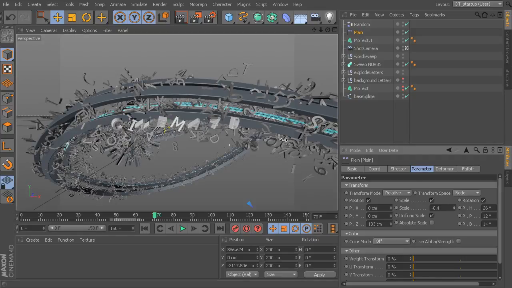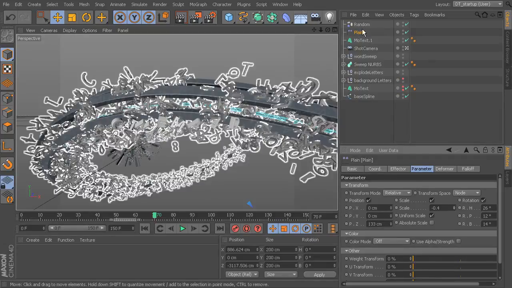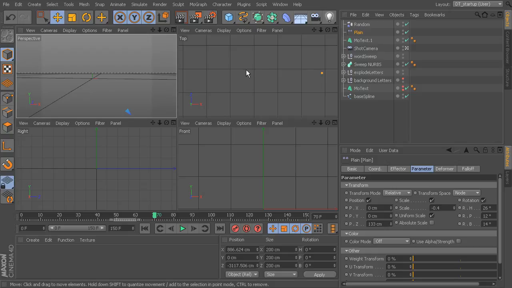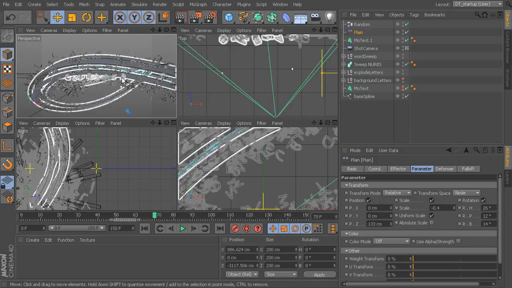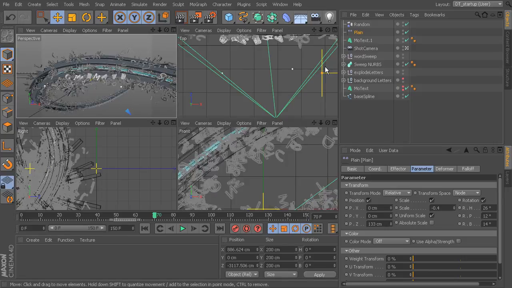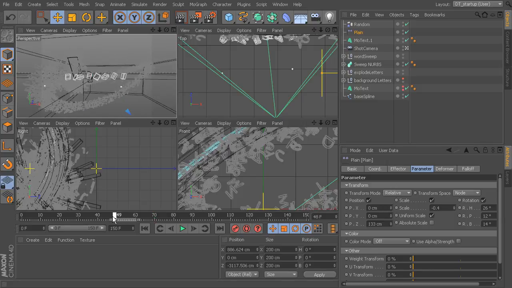So at this point, we want to actually go ahead and animate our plane effector. Let's go back so that we can see the top view and the perspective view. We want to animate the plane effector to transition the letters from this point to our final point. So what we can do is decide where we want that to happen. I think as the letters come by, we want it to happen. So right here,